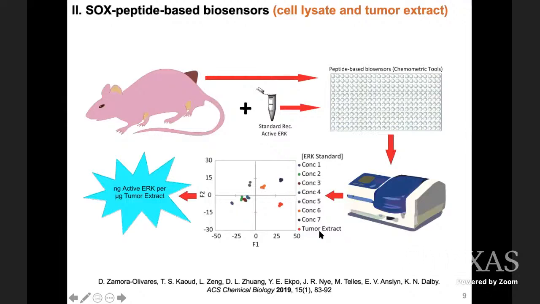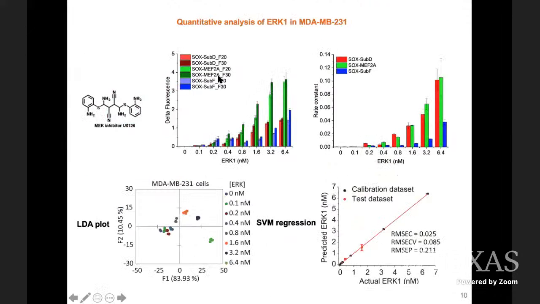In previous study, we used the recombinant enzyme, which cannot reflect the endogenous activity. In the following work, we expanded the application of this peptide array to quantify the ERK activity in both the cancer cell lysates and the tumor extracts. It should be noted that we achieved this goal without the need to suppress the related kinase activities. For the quantification purpose, here we only select the peptides that can respond to ERK, these 3.